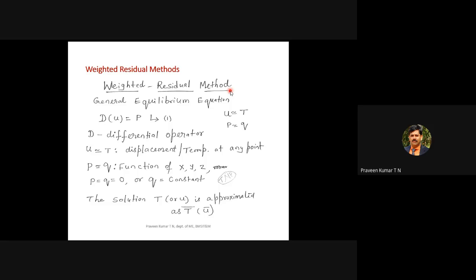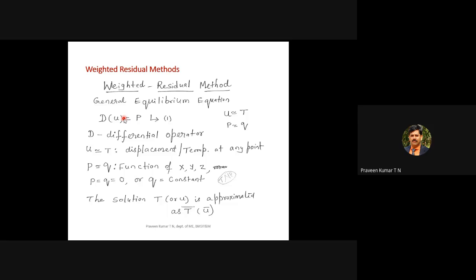There you are assuming the temperature function or displacement function, and by assuming it, we can determine the temperature. For that, we use the weighted residual method. Under the weighted residual method there is one more method, the Galerkin method. That part you already studied in the first module. I am just revising the important steps, as these equations are used in the derivation.